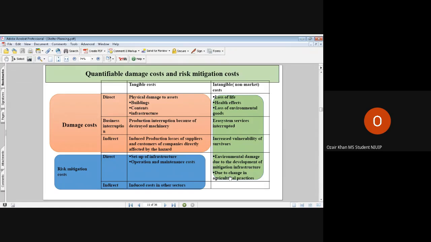सर एग्रीकल्चर प्रैक्टिसेस में... जी बता। Sir, in the sense of reducing risk or increasing risk, sir, किस sense में sir? We are actually mitigating the risk. How we can calculate the risk mitigation cost? जी